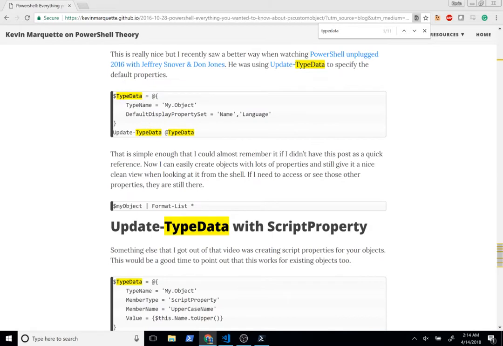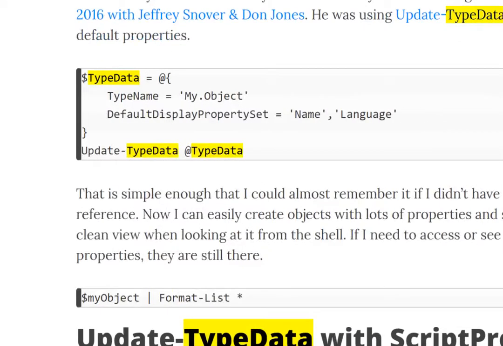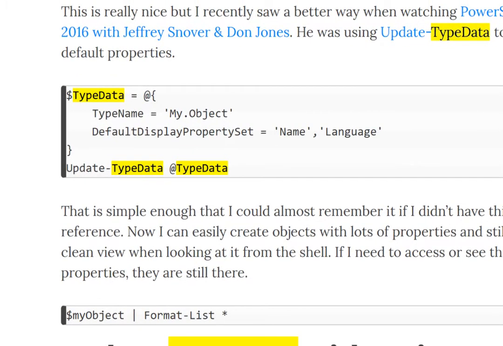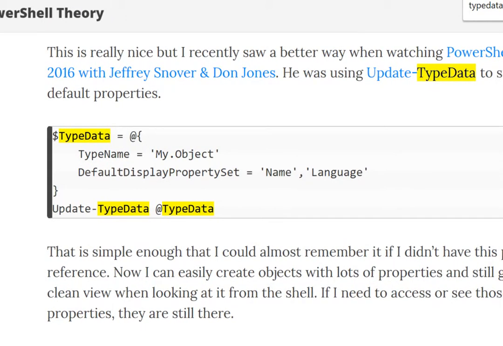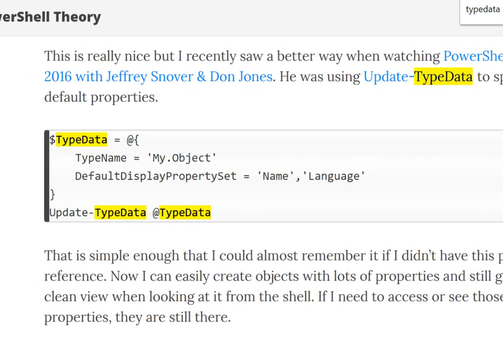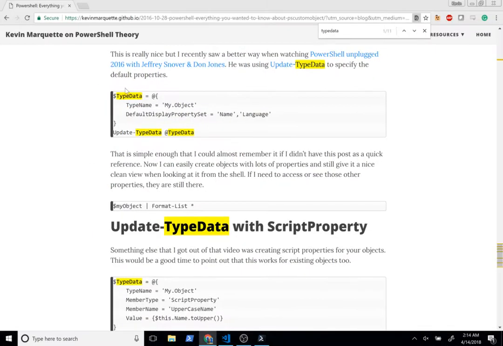So you can use type data to specify default display property sets. If you have an object that has a lot of things and I want a few of them to return, we could use a command like this to, heck, let's just do that. Let's take something simple